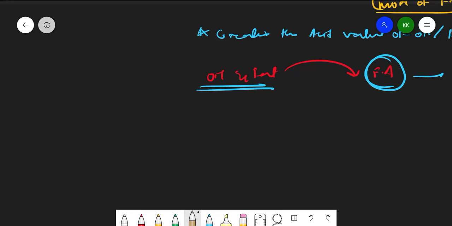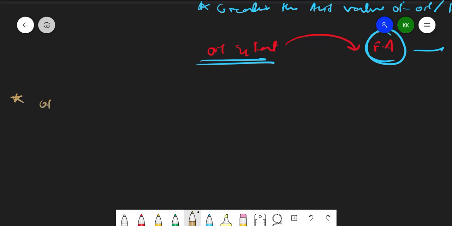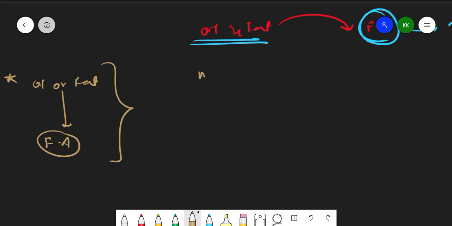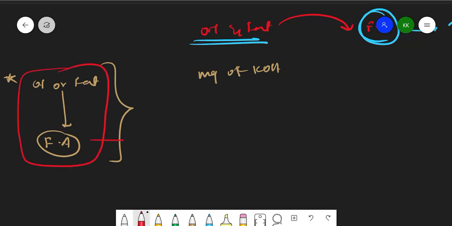Yeah, should I summarize it again? Right, let me summarize. So here, if I have oil or fat, with time it will convert to fatty acid, no doubt, right? So what we do to determine whether it has converted or not, we use milligrams of KOH, and we take this container containing oil and fat which is converted to fatty acid. We will take only 1 gram of that, right? So we will see how many milligrams of KOH is required to neutralize 1 gram of the sample we have taken, that can be oil or fat, right?